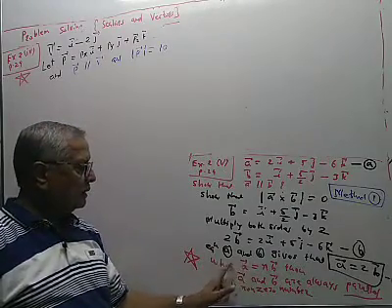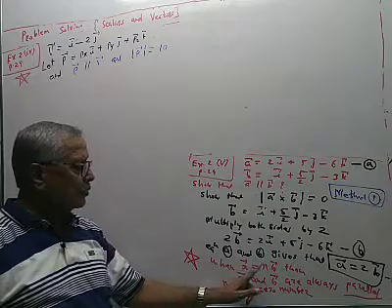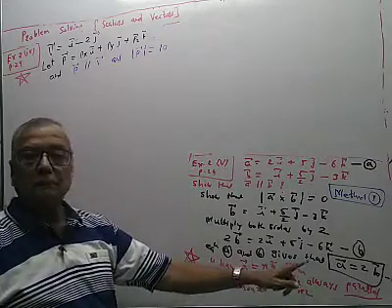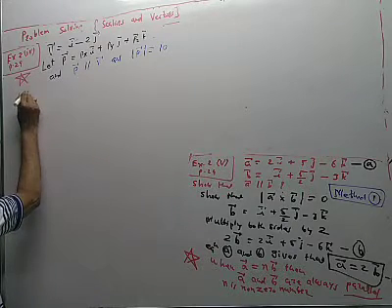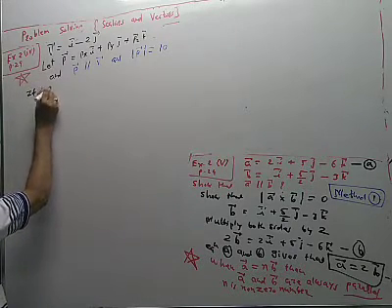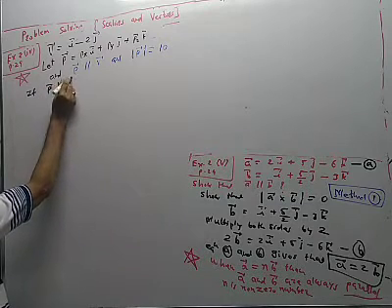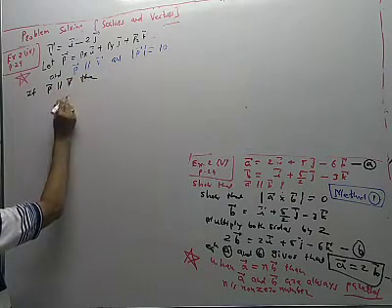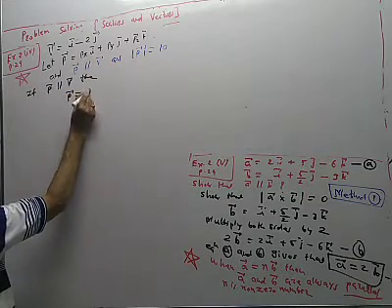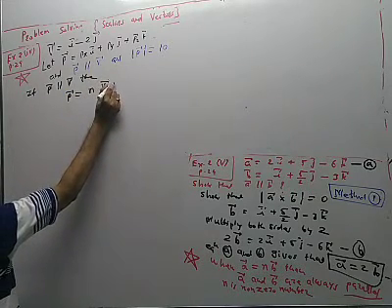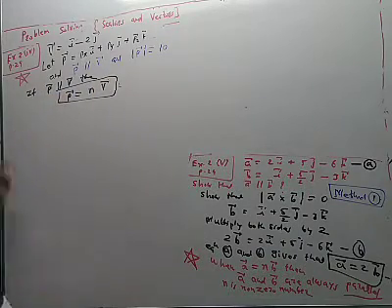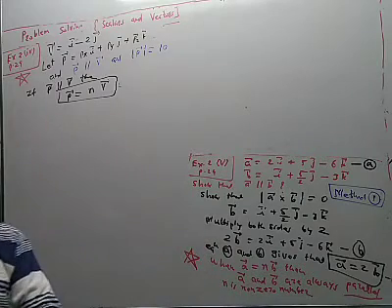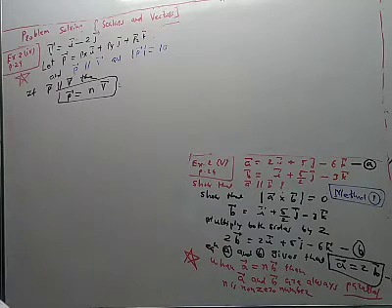When vector P is equal to n times vector V, then P and V are parallel to each other. So we will use this property. If vector P is parallel to vector V, then vector P is equal to n times vector V. This is a very important property. We are applying this immediately, and therefore this is given by